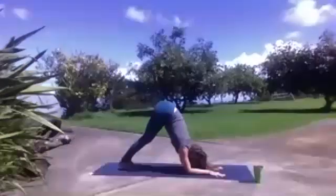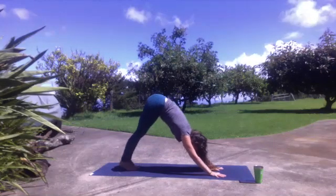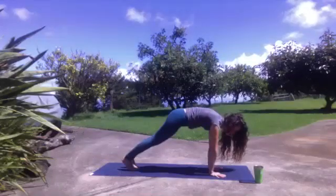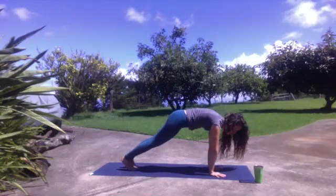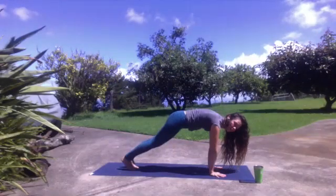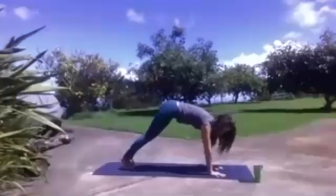One more time, gaze forward, shift forward, and hold. Now you have the options to drop down to a tabletop, go with the same thing we were doing here, or adding a one leg variation. Drop down to your forearm,